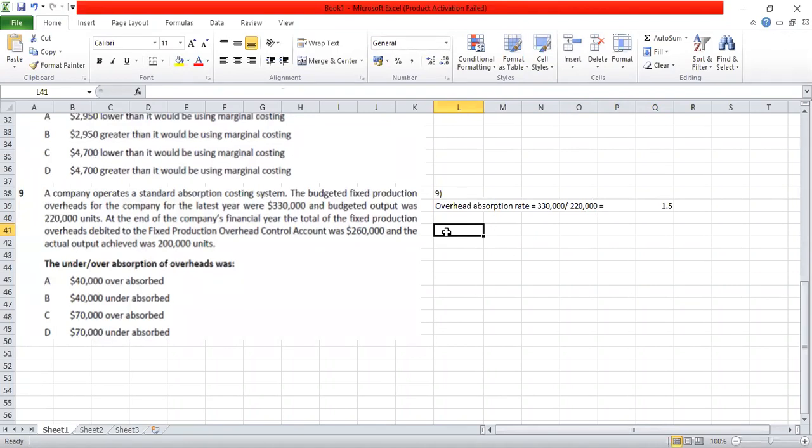This year's current actual overheads are actual overhead cost. What is the amount of actual overhead cost which they have incurred? They have incurred 260,000. That was debited to the control account. How much would they have charged as the overhead? Overhead absorbed is equal to,